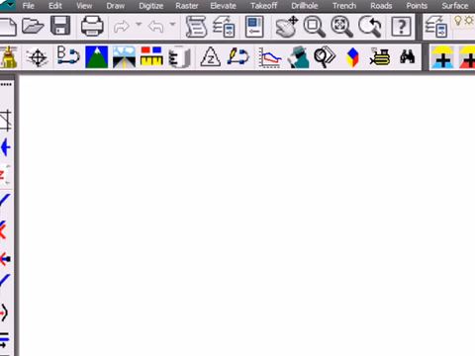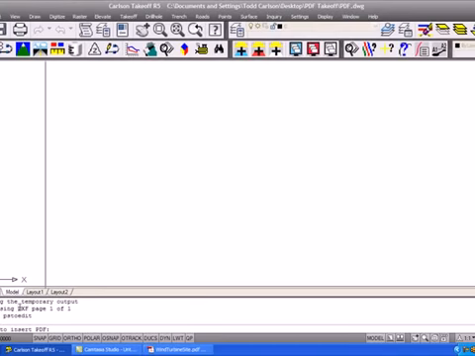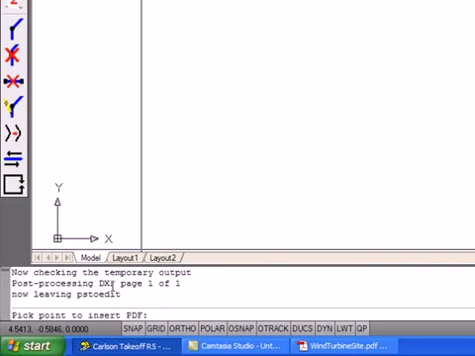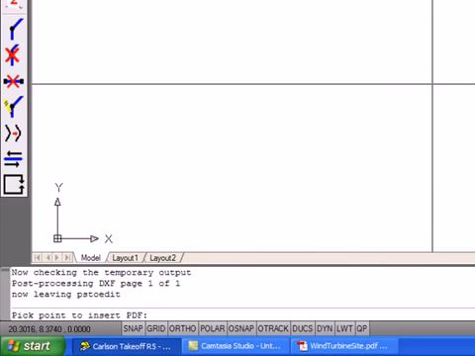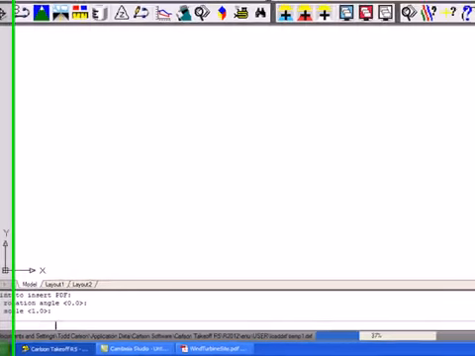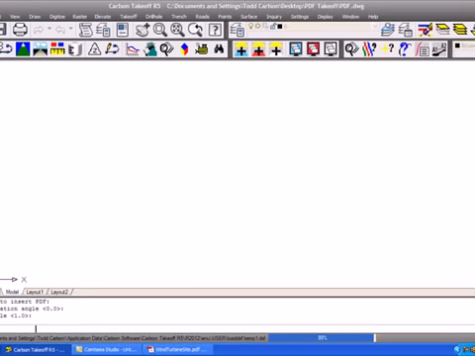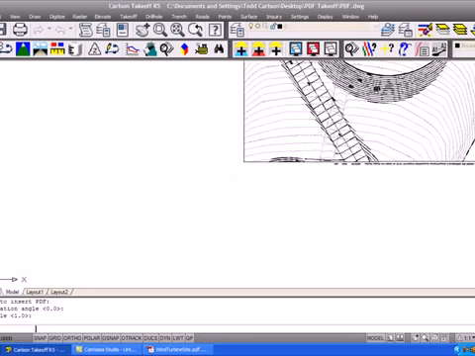Okay, it has processed that PDF file. It converts it into a DXF of CAD polylines. Now it's asking me for the insertion point to bring in the PDF. I'm just going to click a point on the screen here. I'm not sure of the rotation angle or the scale at this time, so I'm just going to hit enter for the defaults for those. And I've successfully brought in that PDF file